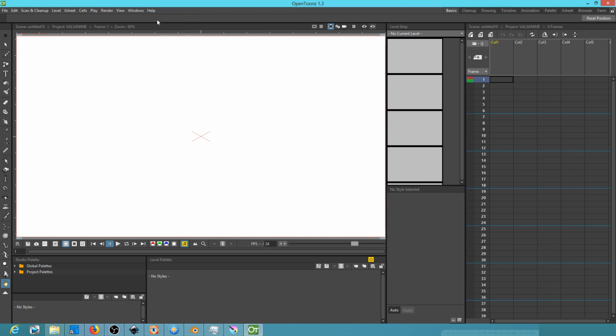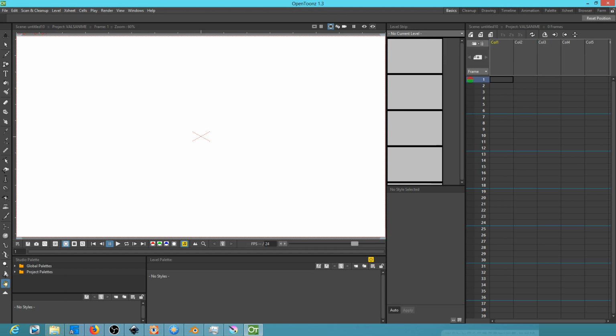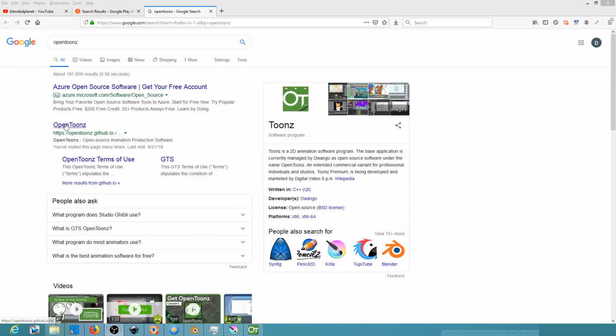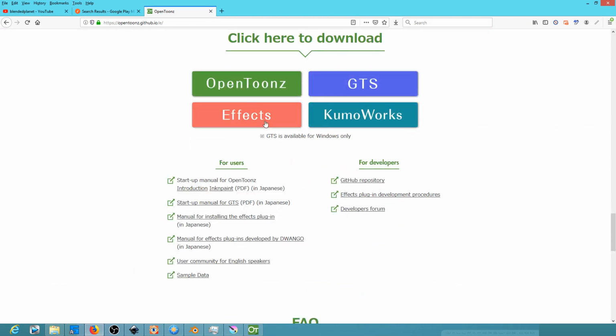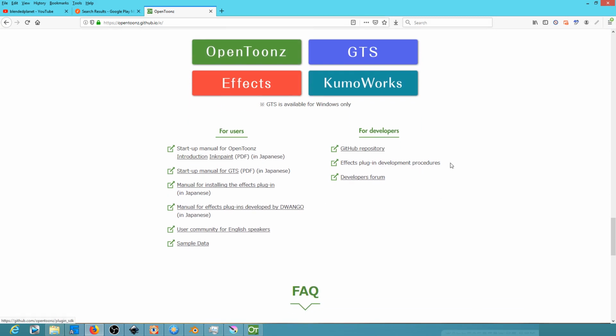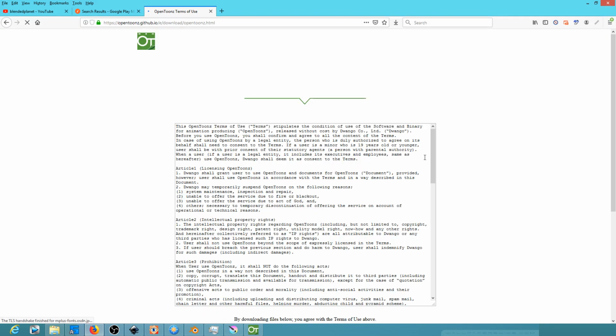that I'm using, which is, hello, where's the about screen? 1.3 built September 16th. So in order to get at this, you have to download the nightly builds of OPENTOONZ. And so why don't we take a quick look over yonder and see where you would find that. You would go to, I think you go here to opentoonz.github.io, and then let me see here. Let's just click OPENTOONZ to download, and